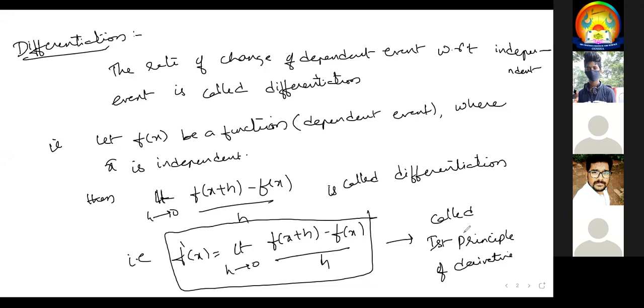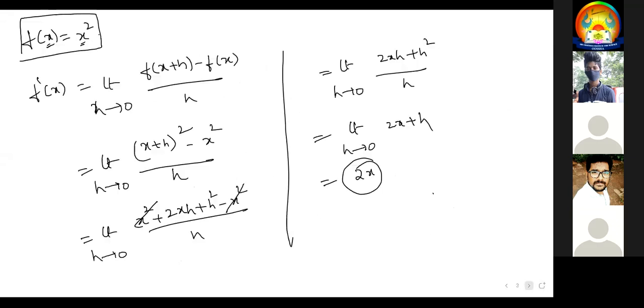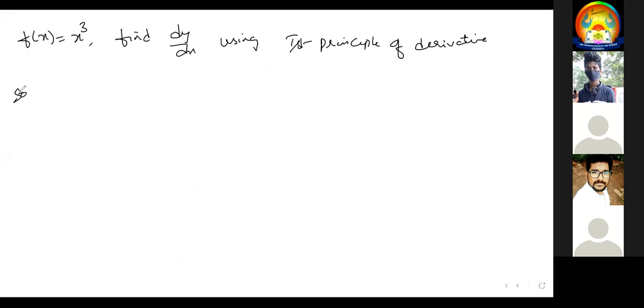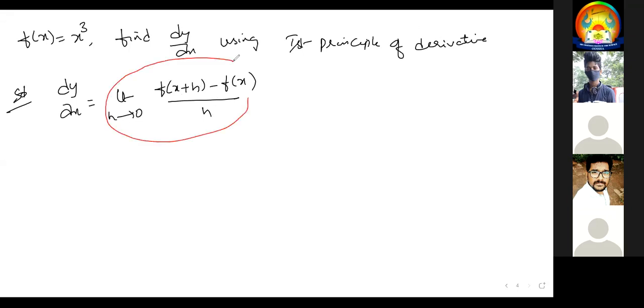Okay, now have a look. Most of you may not understand what this is. Nothing else. First write the formula: dy by dx equal to limit h tends to 0, f of x plus h minus f of x by h. This also, no need to mug up. Understand, there is a curve like this, and this is called x, an immediate number. If I write here, you can't see, so I zoom in. And this distance is called h.